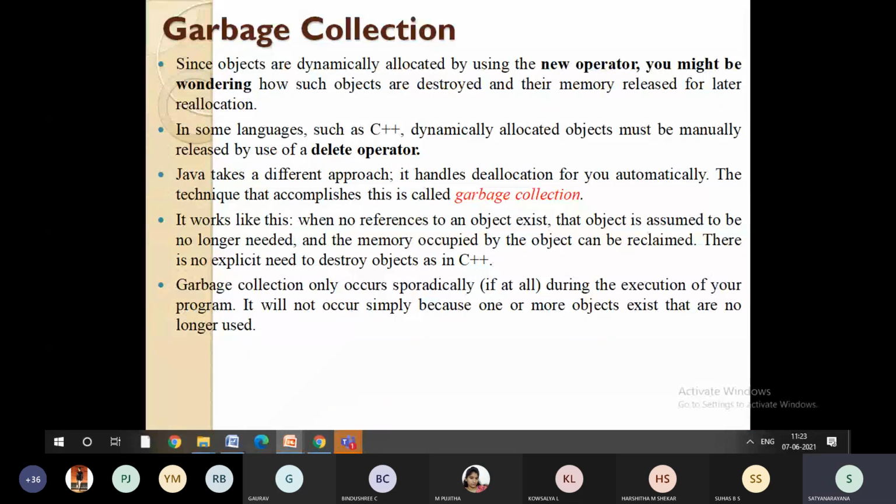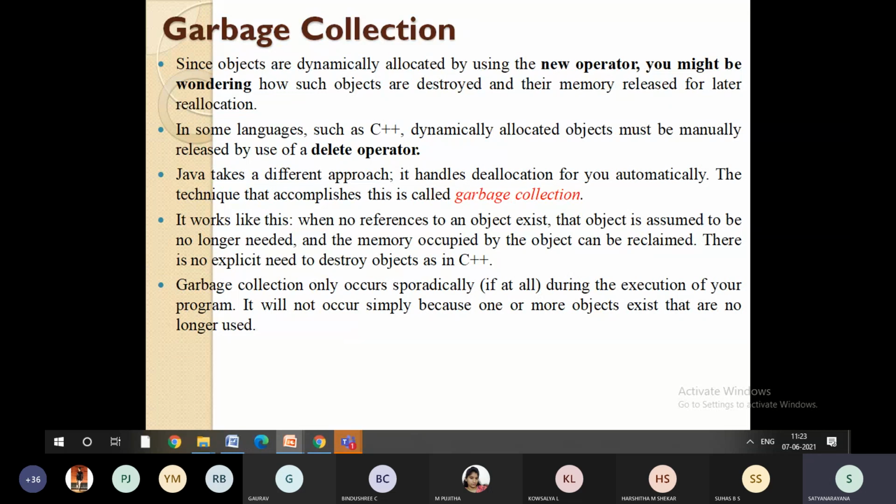See, one thing you need to understand. In Java, we use the new keyword or new operator to create the variables, to create the objects. If they want to destroy or release the memory they used for later allocation, who is going to do that?